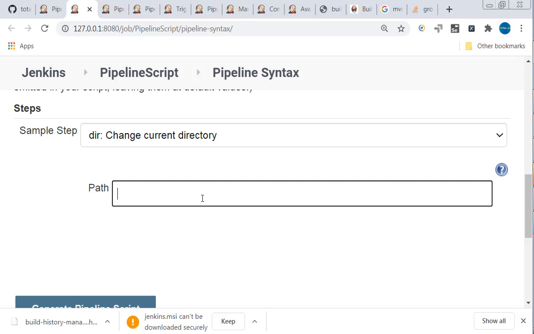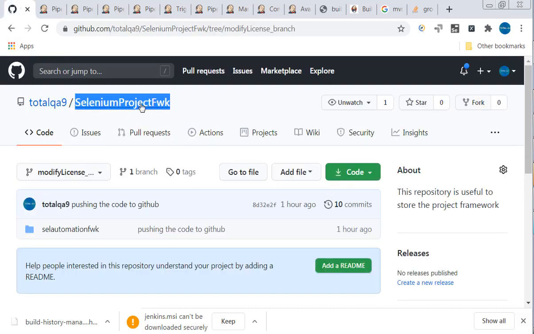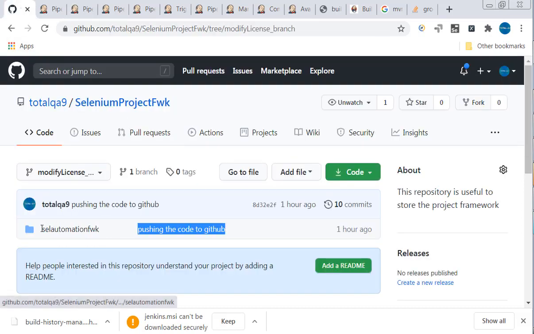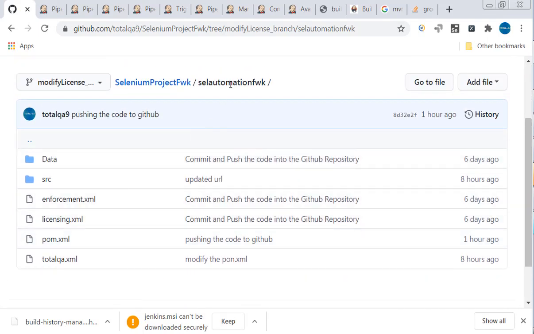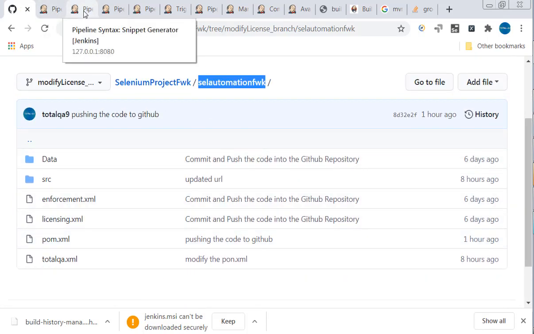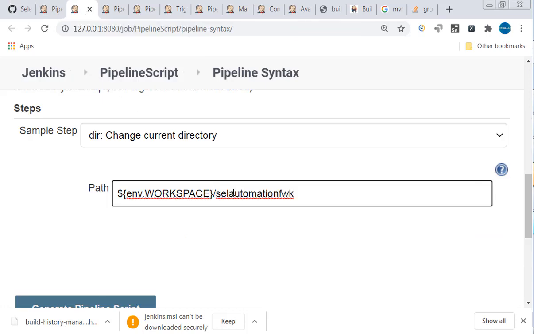As I said already, there are some environment variables already available. One of the environment variables is $env.WORKSPACE, which will point to the workspace in the case of scripted, slash, and also we need to provide this folder name, because this folder name contains the pom.xml file. We have to give the path exactly where the pom.xml file is. I'll copy this, I'll put it here like this.